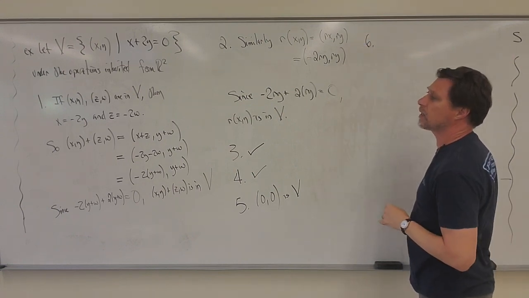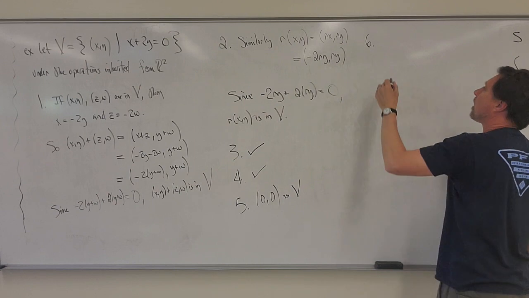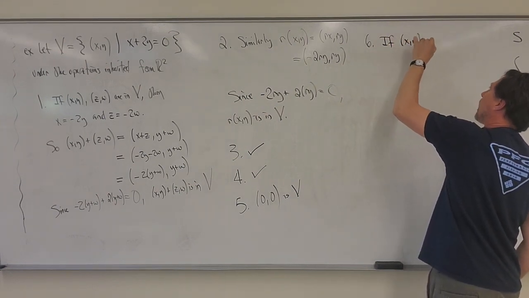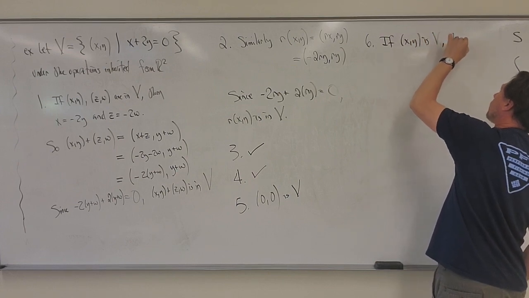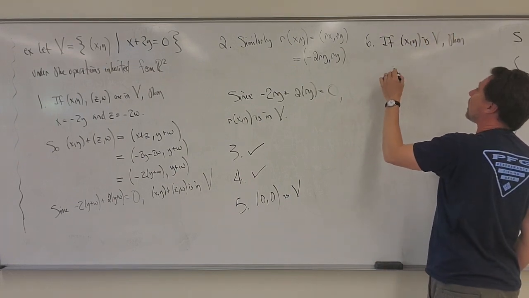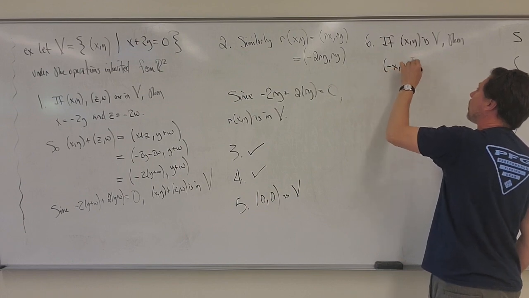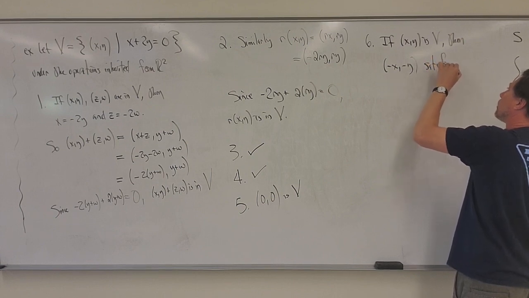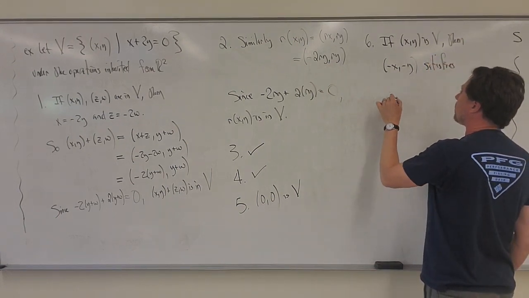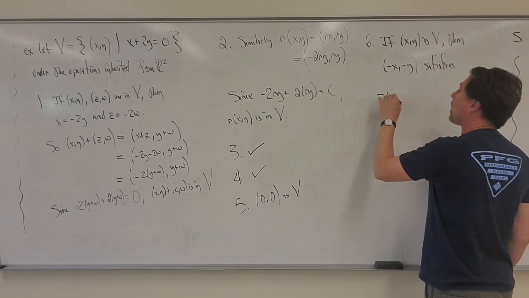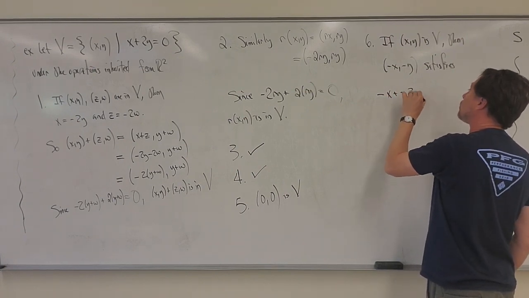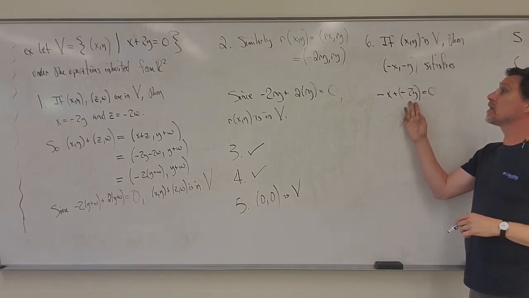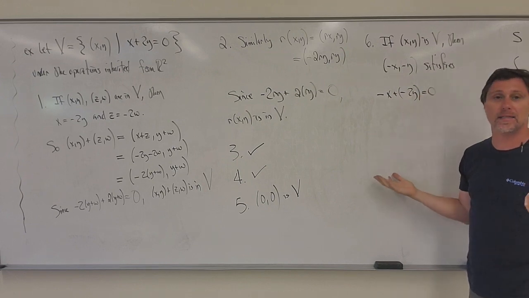Property 6. Let's see, who will the negative of somebody be? Well, if (x, y) is in V, then we look at (minus x, minus y), which satisfies negative x plus negative 2y equals 0, right? If x plus 2y is equal to 0, then hitting it by a minus sign doesn't change anything,